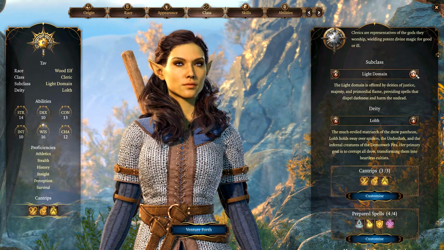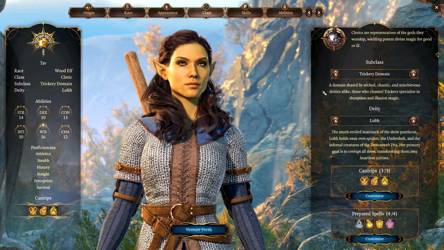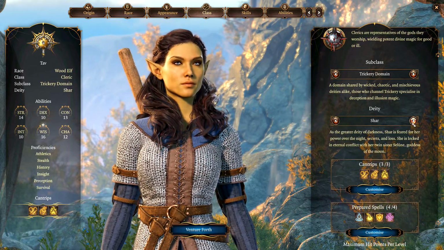Moving on now, we can go to the Trickery Domain, one of the cooler domains. A domain shared by wicked, chaotic, and mischievous deities alike. Those who channel trickery specialize in deception and illusion magic. So it seems you can use every deity for every...